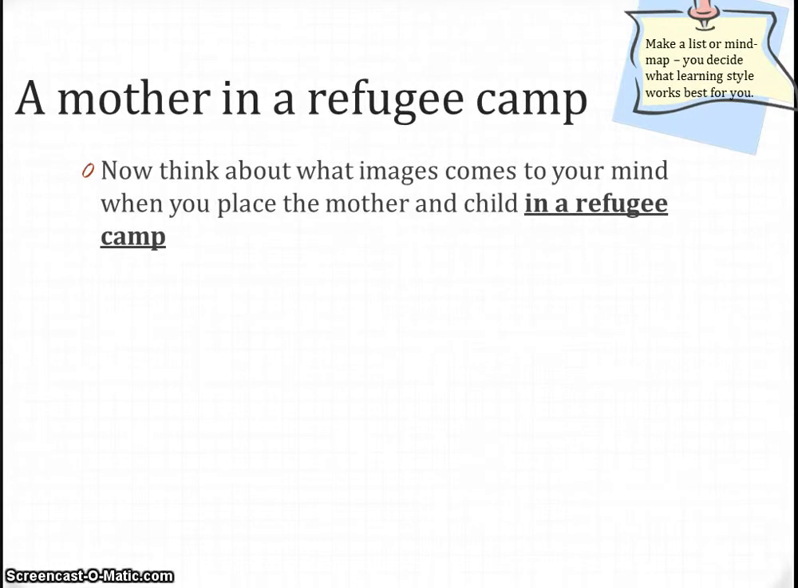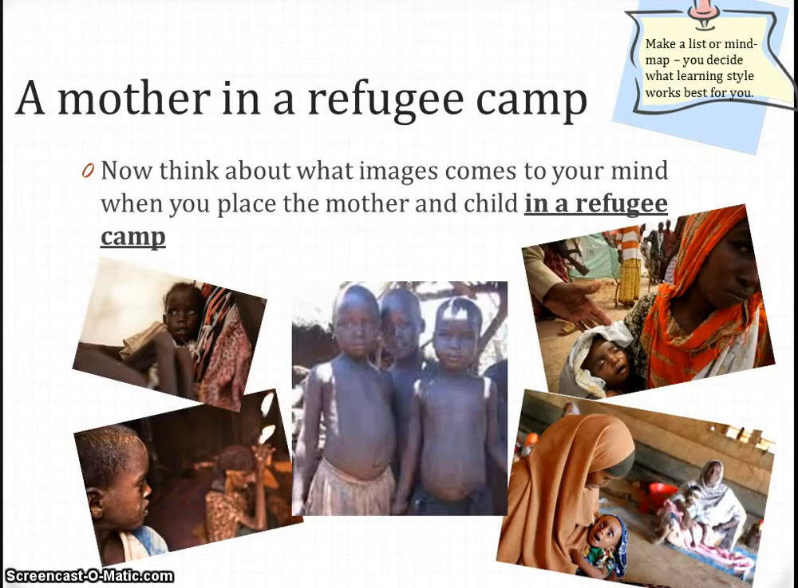Now do another mind map, but place the mother and child in a specific setting, that of a refugee camp. Press pause now for your second mind map. Welcome back. Did you consider images like these? Think of words that spring to mind here. Pain, suffering, malnutrition,